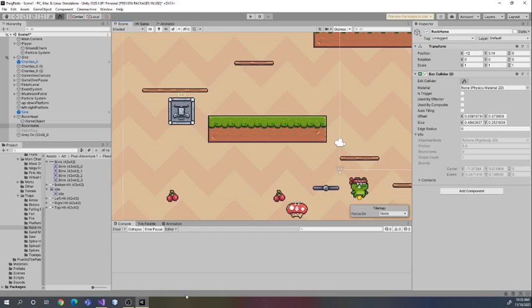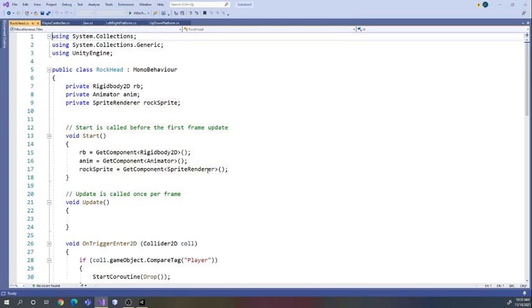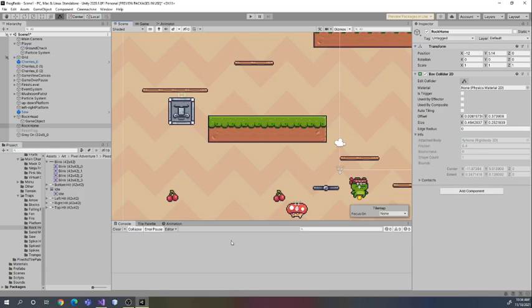So in the script itself, the script again is fairly straightforward in some ways. There's one thing that's slightly new. Again, we want to get a rigid body. You want to get the animator. So we also, actually the animator, we do need the animator. So in the animator,